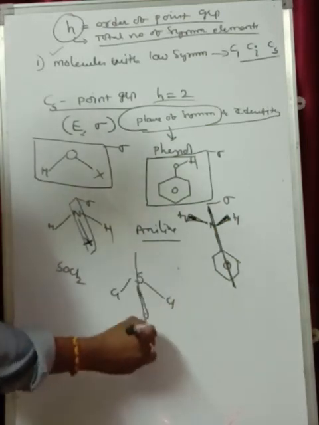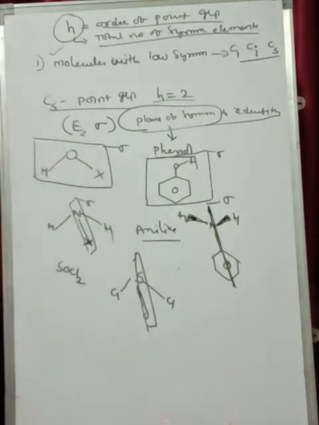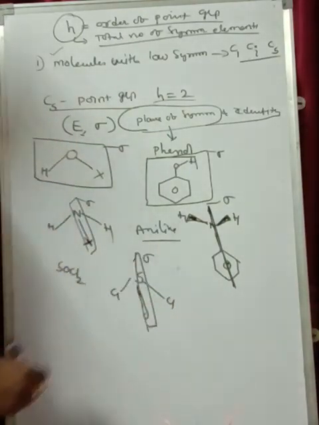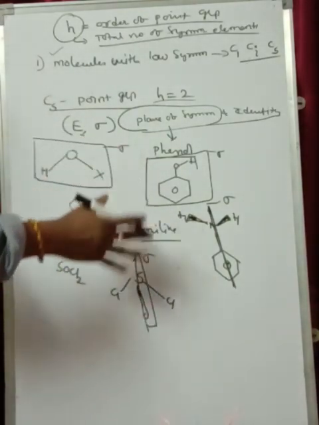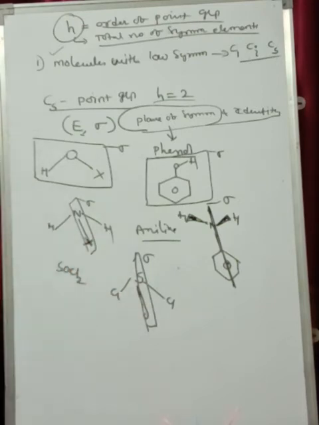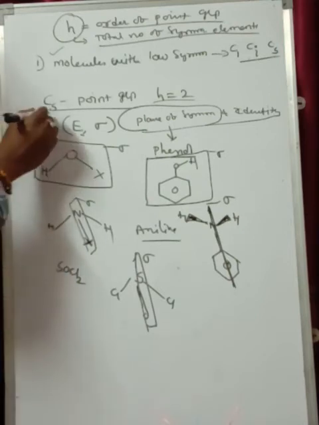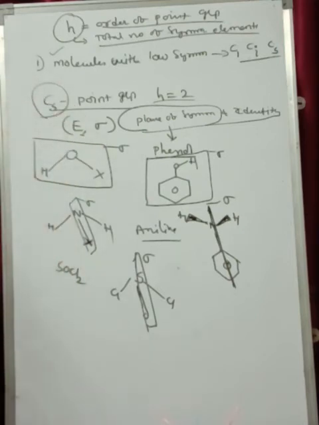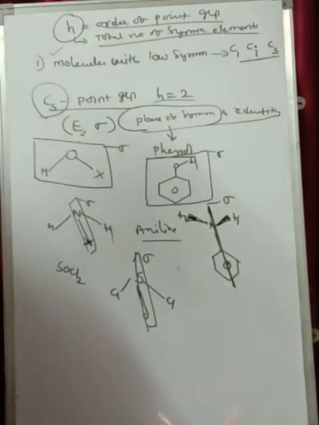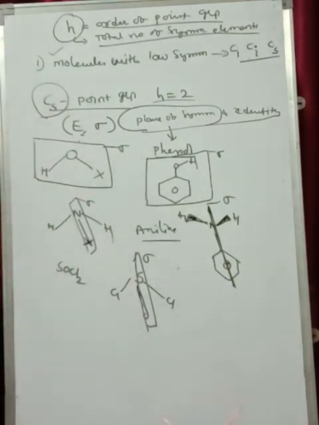The plane is passing through the sulfur and the oxygen, which will give you what? Sigma plane of symmetry. So all these molecules have identity along with the plane of symmetry. Therefore, these are categorized as what? Cs point group. So once again, just to give an idea, the Cs point group: the molecules which have identity along with the sigma, that is only a plane of symmetry, come under the Cs point group.